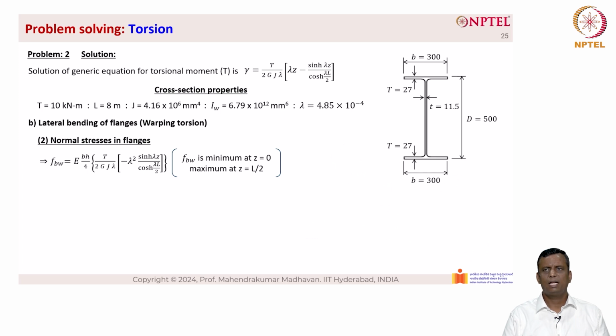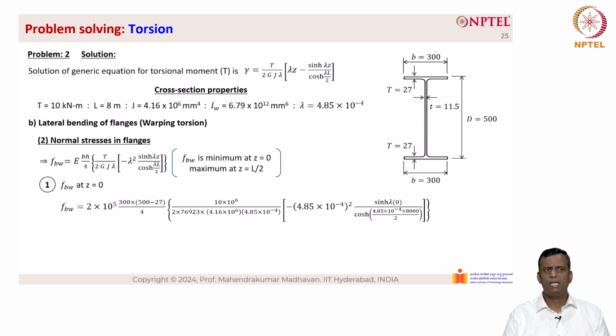And so on the right hand side we have this pictorial representation of the I section that we are discussing here. So F_B at z equal to 0 is given by this equation. Here, this is a big equation. We substitute the value of E as 2 into 10 power 5, B equal to 300, and H equal to 500 minus 27 divided by 4, into the value of T, which is 10 into 10 power 6,